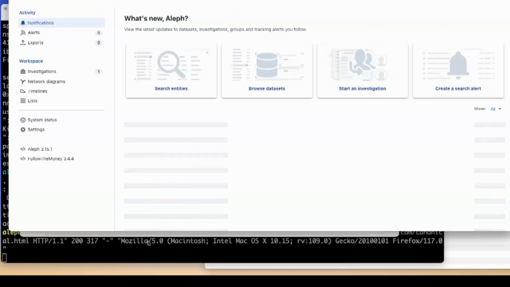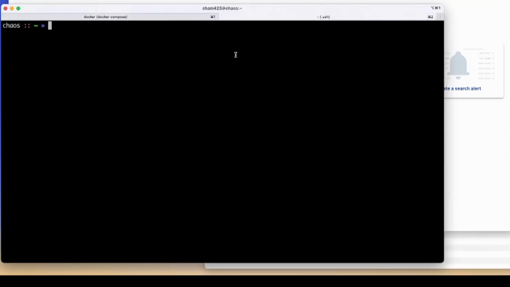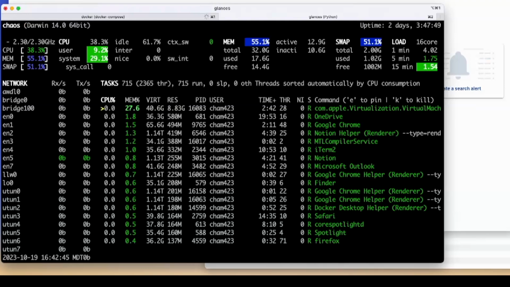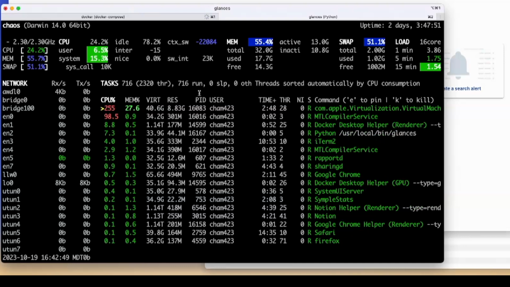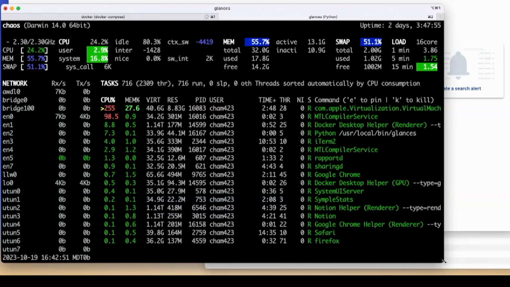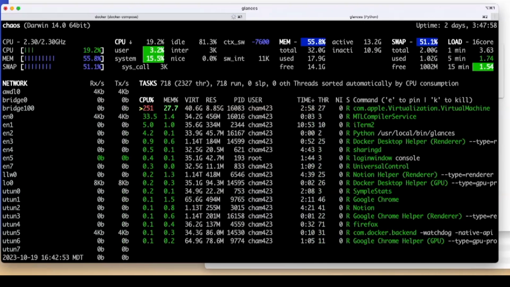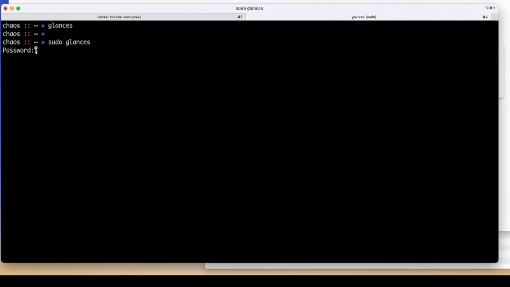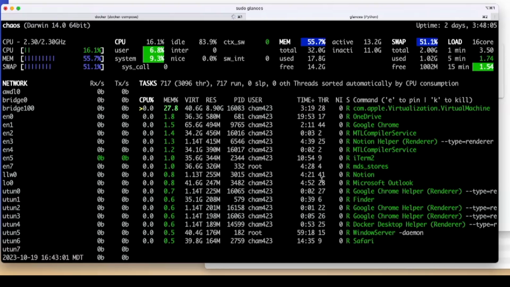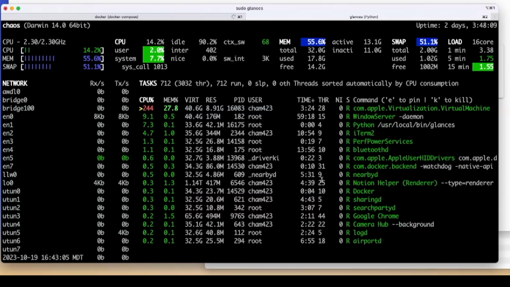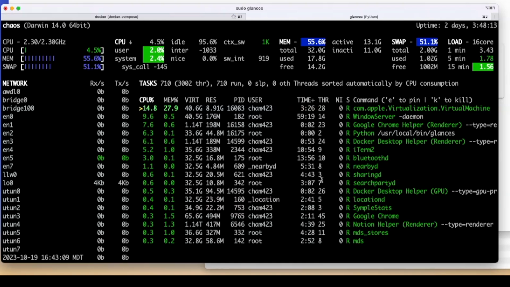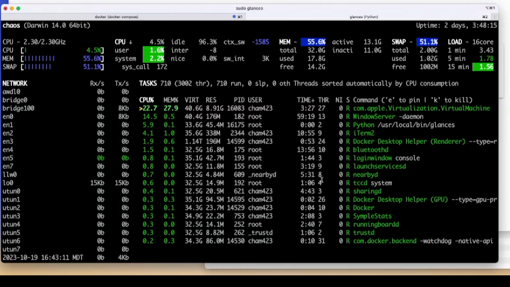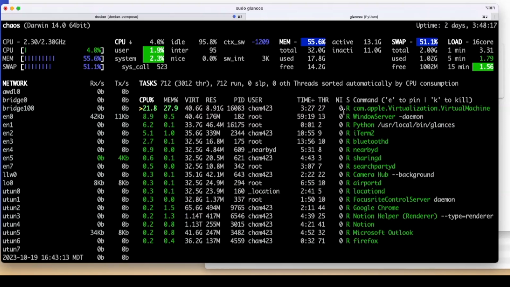So I'm going to wait for it to be happy. Let me get some cool hacker stuff going. This is a cool little fun tidbit. This tool, Glances, is pretty cool. It will show you, looks like it's not, maybe I have to run it as root. Okay, well, on Linux, it shows you containerized CPU consumption. So it will show like, for this container, it's using this much CPU, this much memory, which is really nice. It's Docker aware. This is a Mac, so I don't know. Tim Apple broke it.